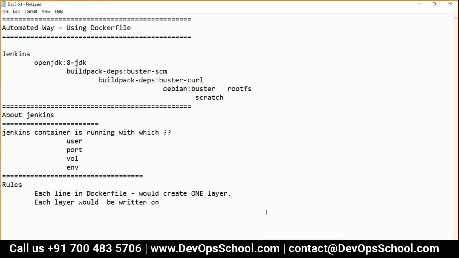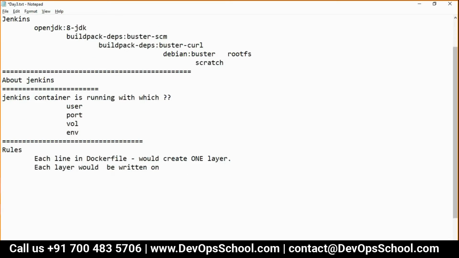Yeah, guys. So here I was writing the rules for Dockerfile. You just need to remember it.